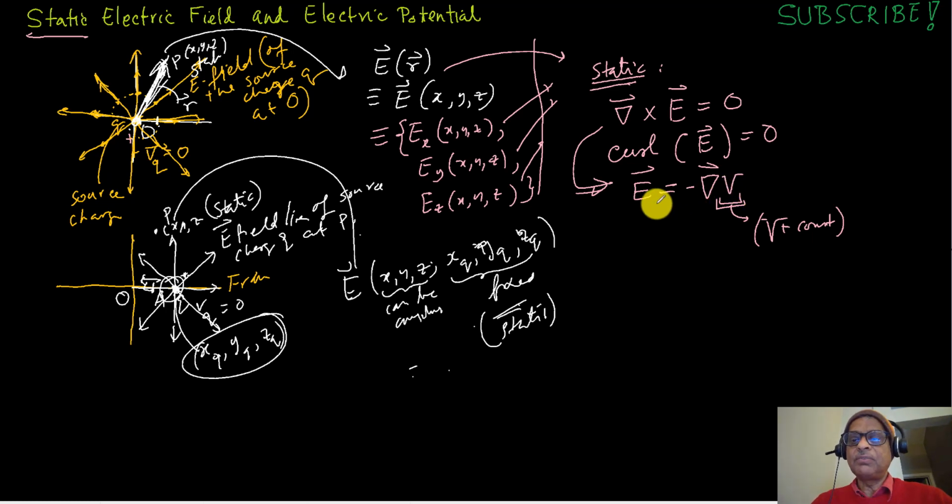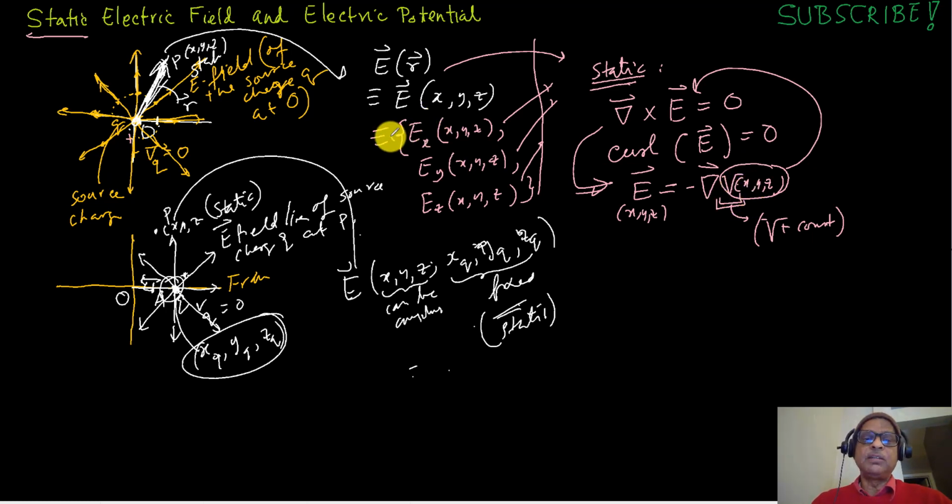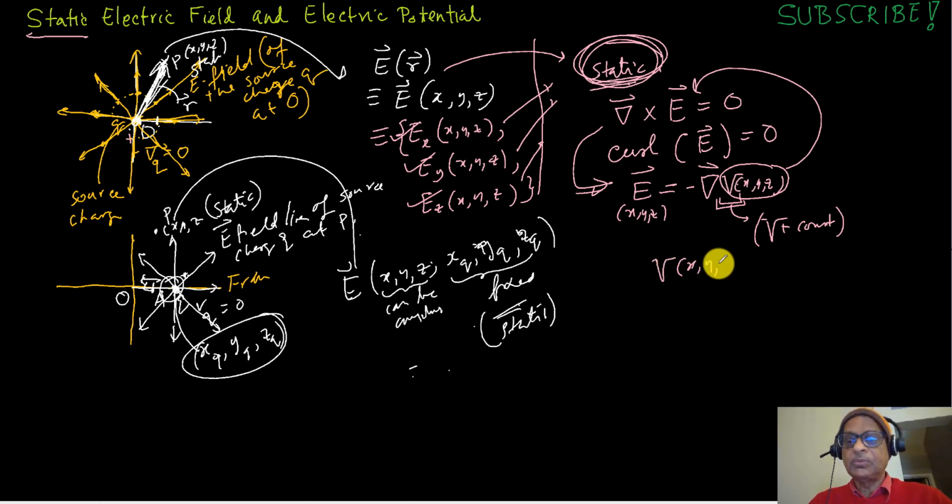So V is a function of x, y, z. If you plug this in here, this will be an identity. V is a scalar function, meaning unlike the electric field, which has three components, V is just one function. Knowing one function gives me all three components if the electric field is static. This one function is called electric potential. So this V(x, y, z) is the electric potential